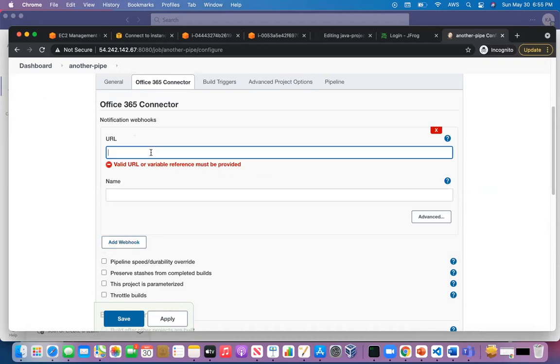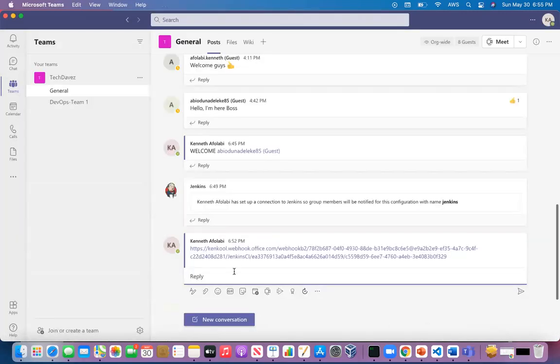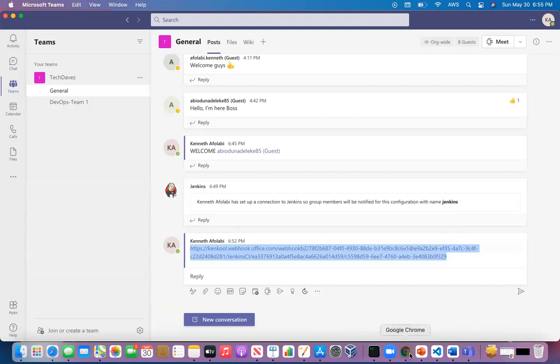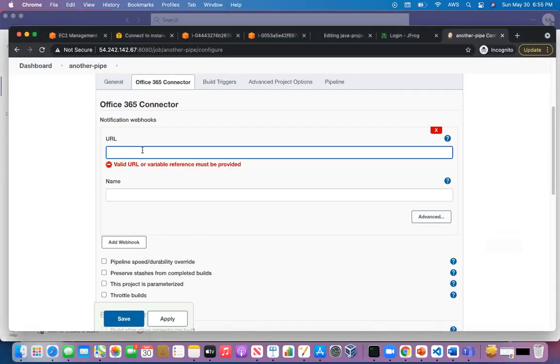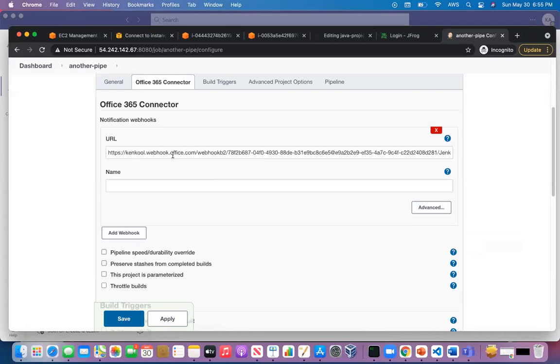So the URL is the URL that I pasted. I copied it from this thing, which is this guy here. So I just copy this. Make sure I get the exact URL. Go to my Jenkins again. So this is the URL I need to give Jenkins. So this URL will allow Jenkins to talk with Microsoft Teams. That's as simple as that. You don't need to stress about anything. You can give it a name like